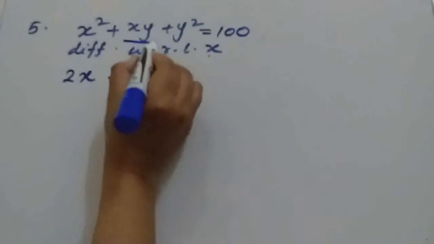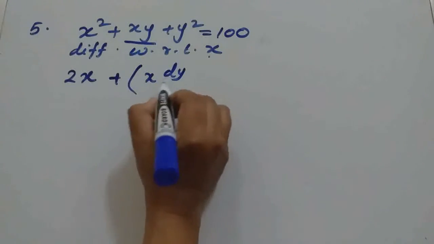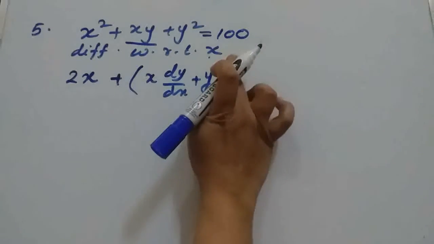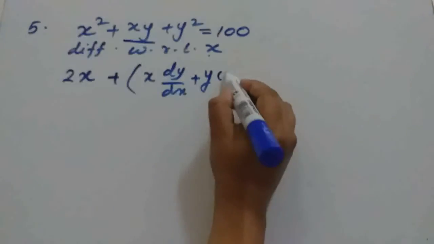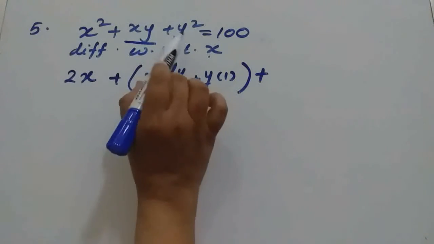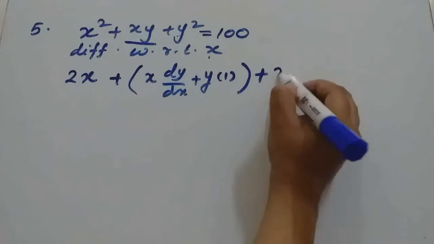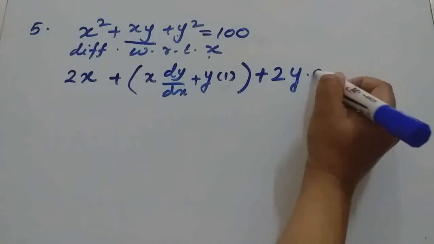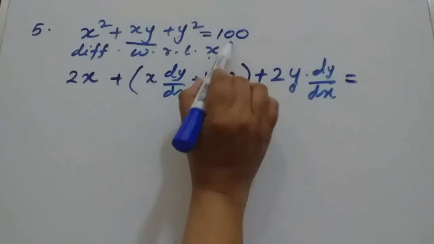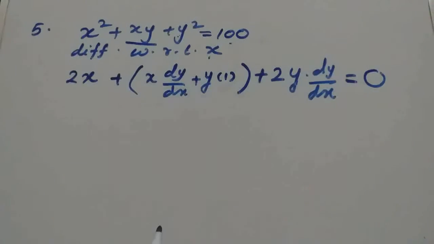Then here two functions are in product. So the first function x as it is, derivative of the second function, plus the second function as it is, derivative of the first. So directly I am writing derivative of x is 1. Now here this is a composite function, isn't it? We are differentiating with respect to x. So y square we will write according to the formula 2y, but then multiply with derivative of the composite. Equals to 100. 100 means constant function, derivative of a constant function is 0.